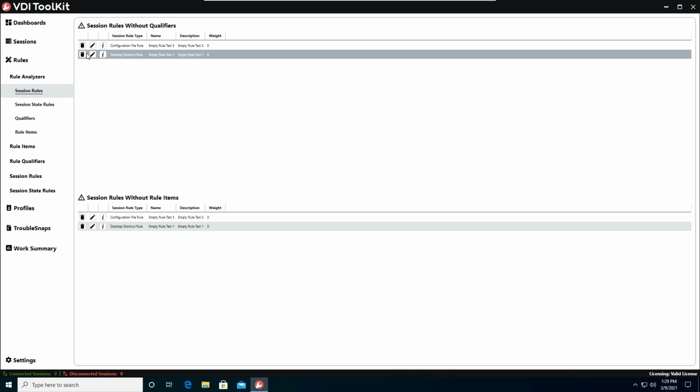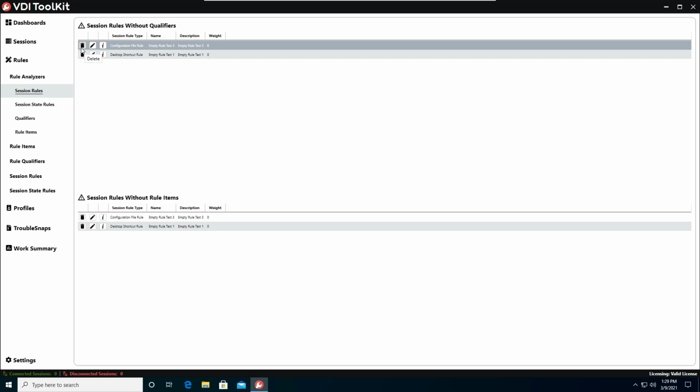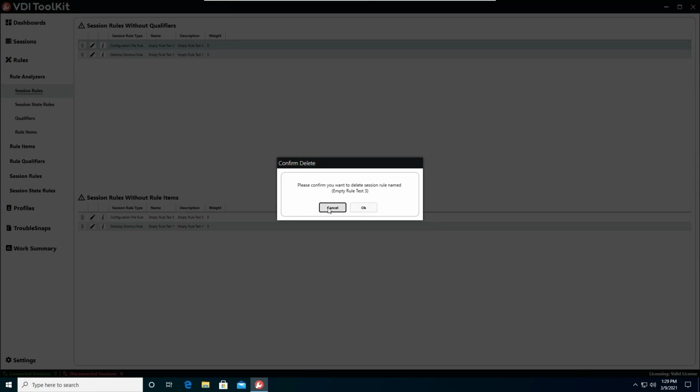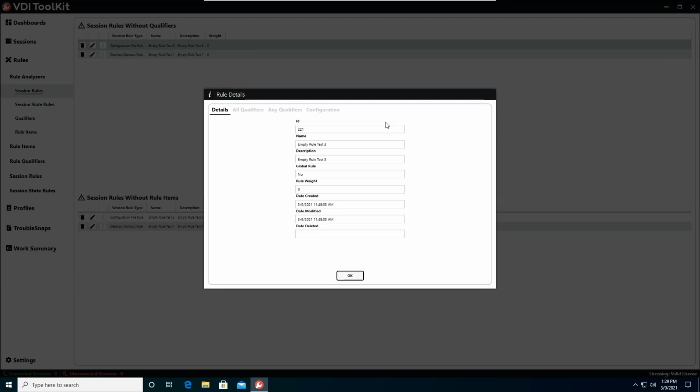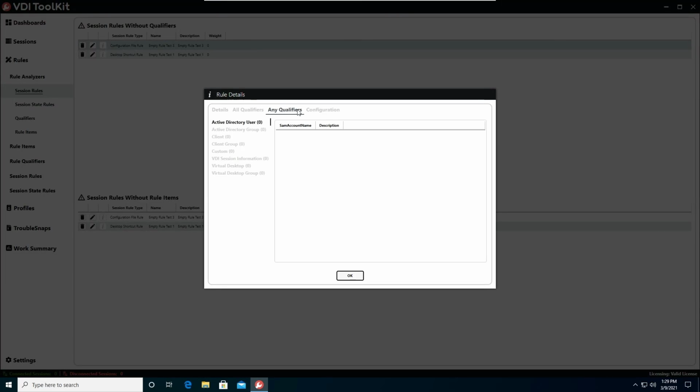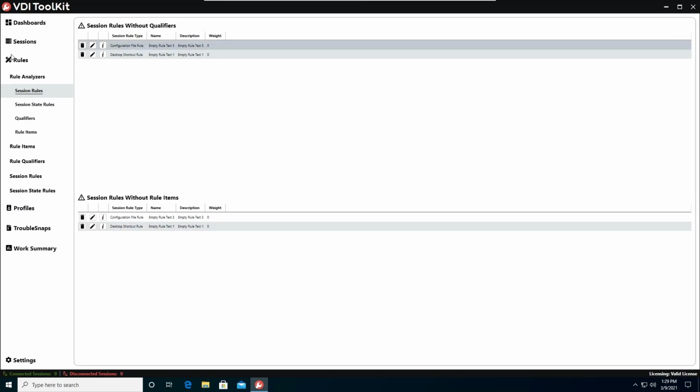And if you'll notice, you can actually delete them from here, and it'll prompt you just confirming. If you hit OK, it'll delete it. And also, you can actually edit these rules from here, and you can view the details of the rule here. And as you can see, it has no qualifiers and no configuration. So that makes it easy in identifying stale rules, ones that A, you either need to delete, or B, you need to re-edit and